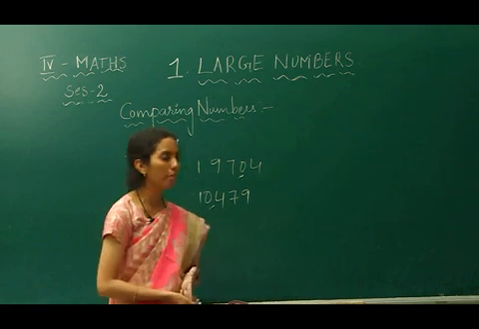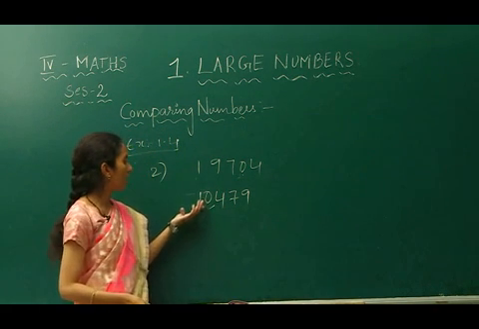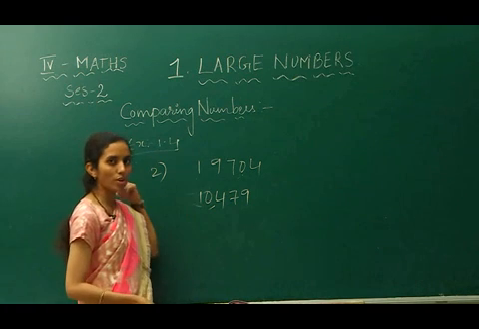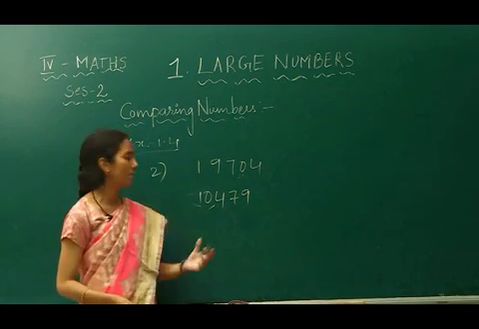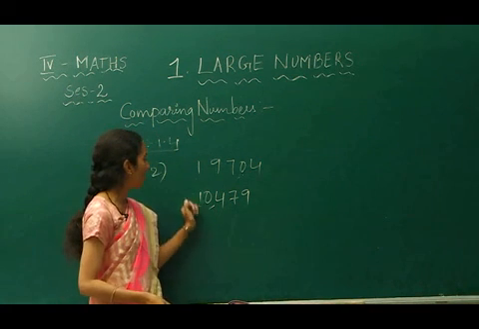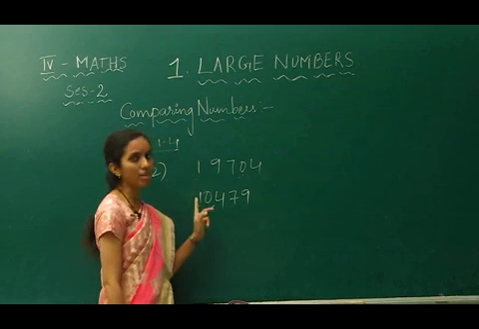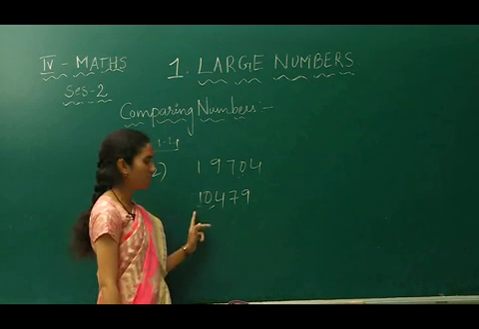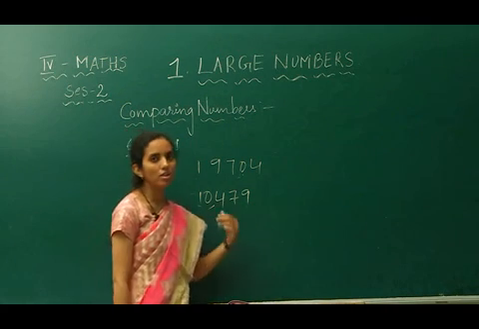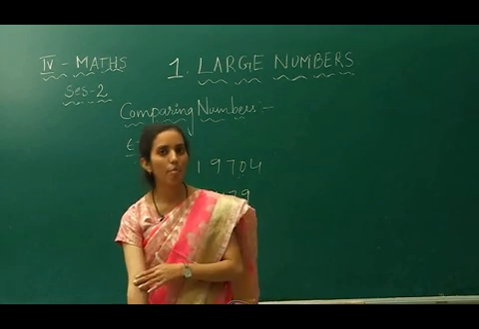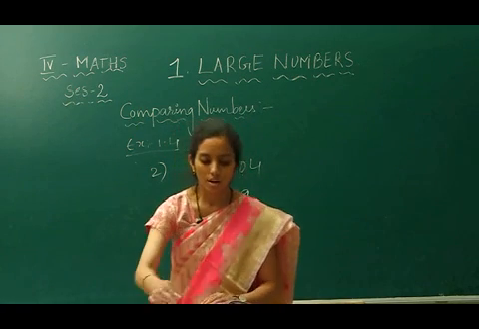So, always remember, do not write 0 in the first place, because writing 0 in the first place, or to the extreme left side, does not give any value, does not increase the value of the number. Instead of that, write the second smallest digit after 0 in the given numbers, that is 1. After 1 or any other smaller number, you write 0 in the second place. Then that number will be the possible smallest number with the given digits.